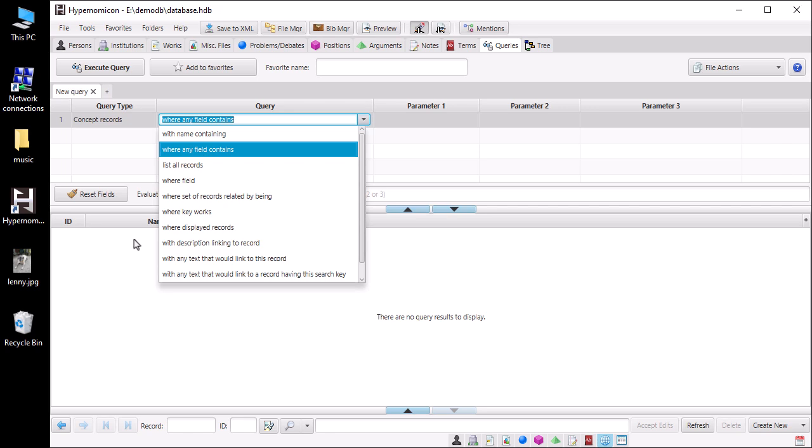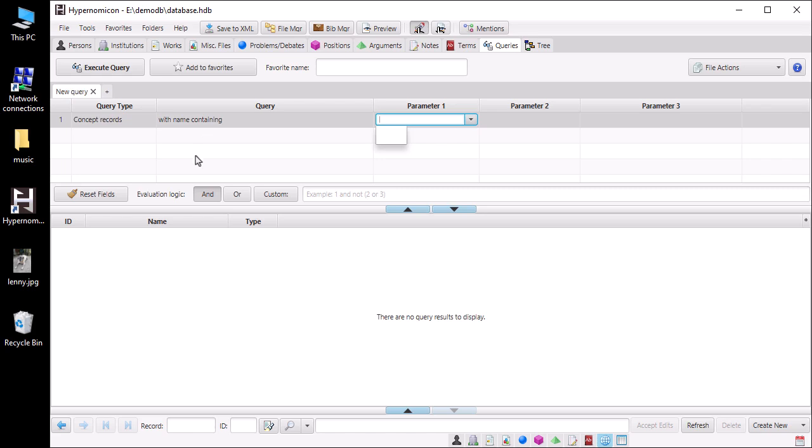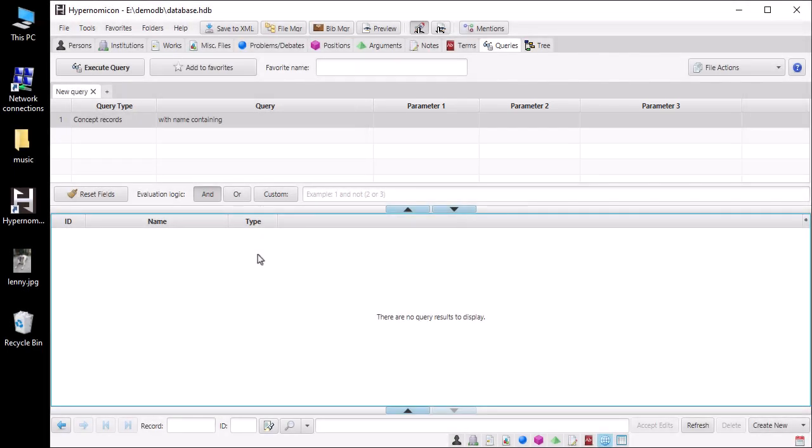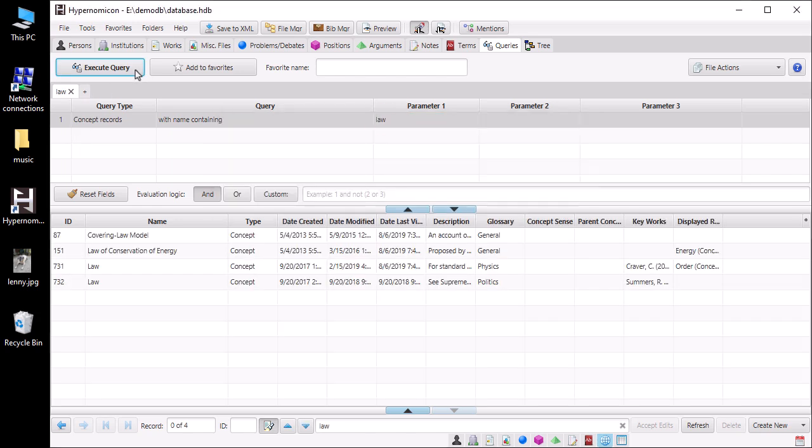For instance, the with name containing query allows you to find records containing specific text in their name. Some queries don't need extra details, while others require parameters, additional pieces of information to refine the search. A query might need 1, 2, or even 3 parameters. For example, the with name containing query requires entering the search text as parameter 1. I'll input my search text, click Execute Query, and Hypernomicon will display a list of concept records whose names contain